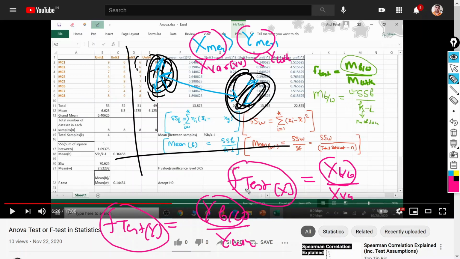So you will get an F-test score for the x feature that is more than the F score of the y feature.